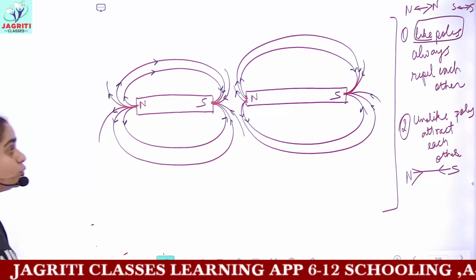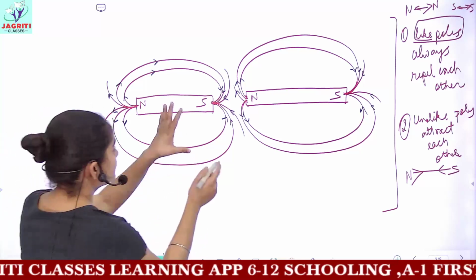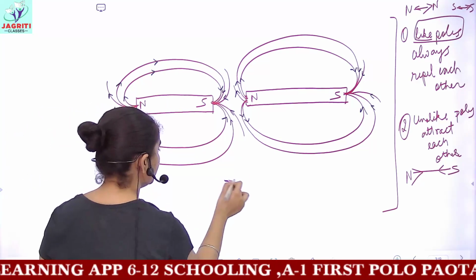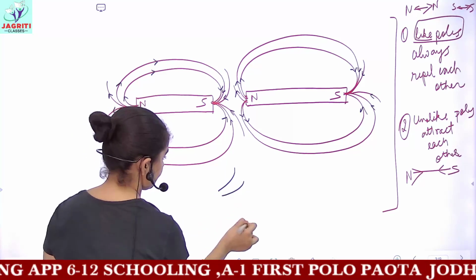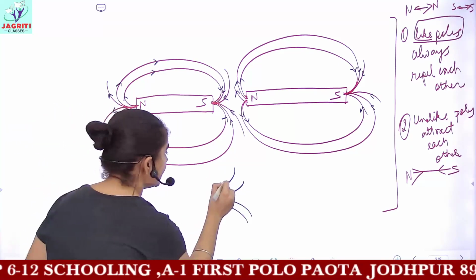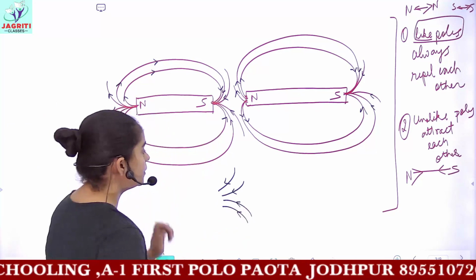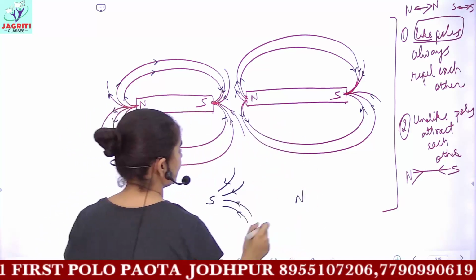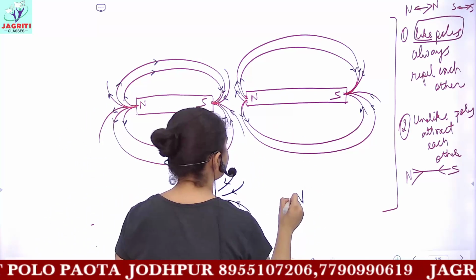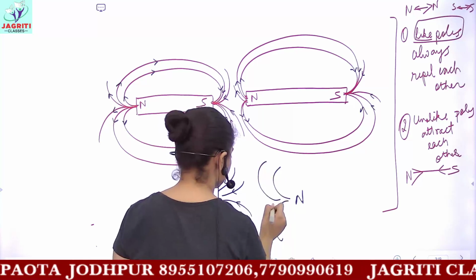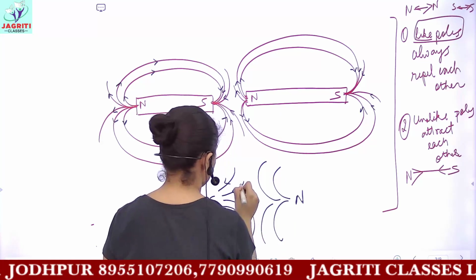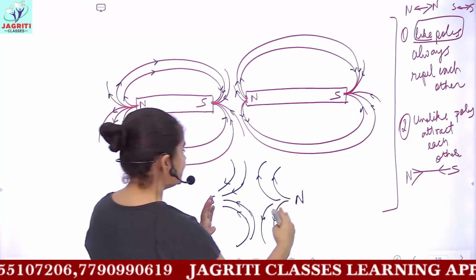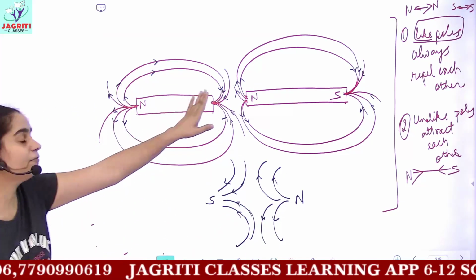These magnetic field lines are moving towards the south pole. So this is the pattern of field lines for the first magnet, and these are moving away from the north pole. Here was your south pole, here is the north pole of the second magnet. So here you have the pattern to be like this. This is the pattern observed when we have two unlike poles.